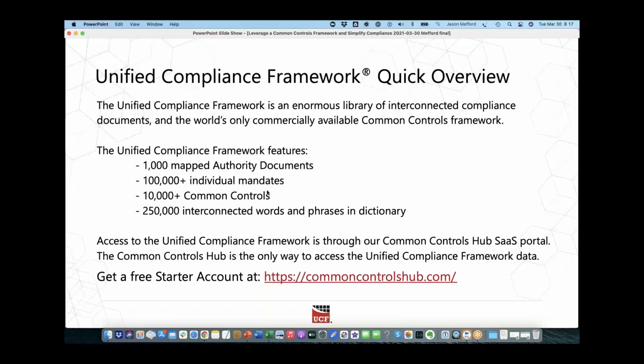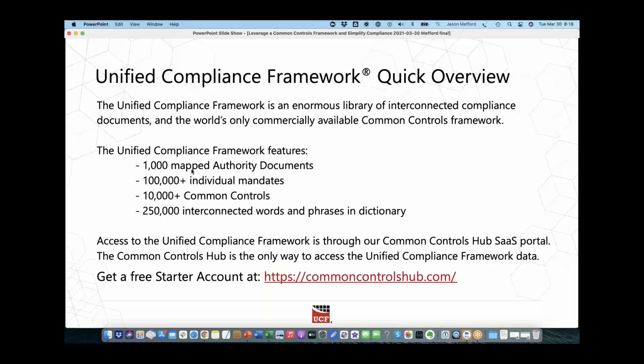Okay. So now let's dig in a little bit more and talk about how Unified Compliance has actually taken a lot of that work. It's built an off-the-shelf option for you so you don't have to go through and spend millions of dollars trying to create your own compliance framework. Now, here are some of the stats. It doesn't have every authority document in the world, but it has about 1,000 of the ones that most organizations have to follow, right?